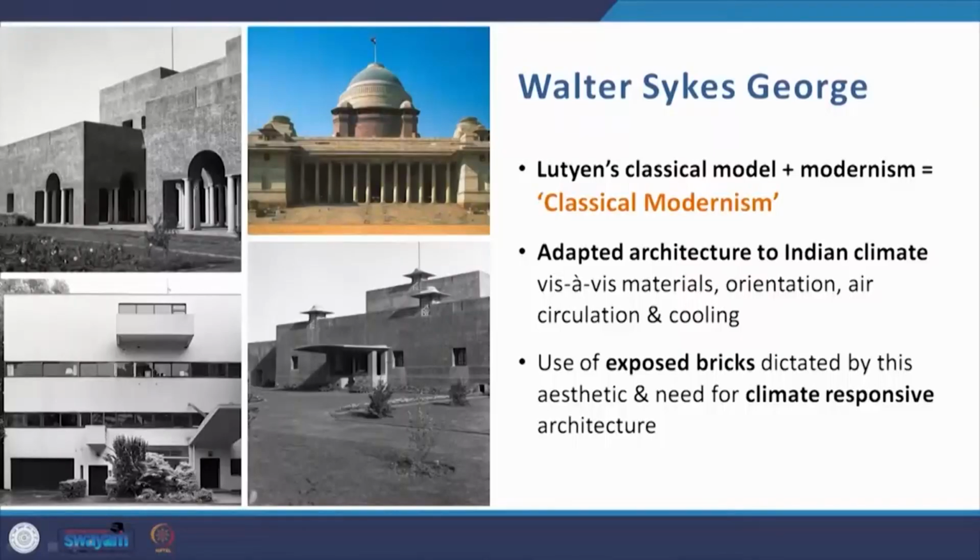Therefore, we can say that by putting together Lutyens' classical or neoclassical model along with modernism, Walter Sykes George came up with what I have termed, or rather which others have also closely related, as classical modernism. Now this is a modernism. For example, when you look at this house designed by him called the Kashmir House,